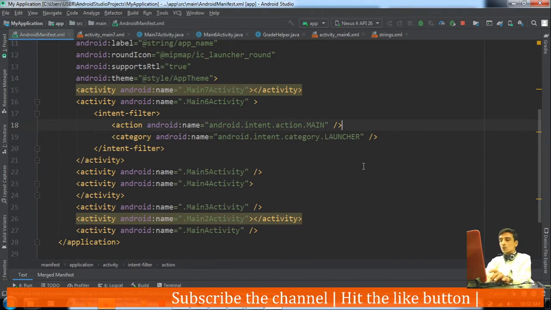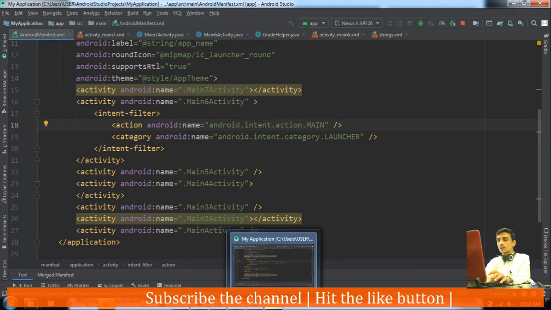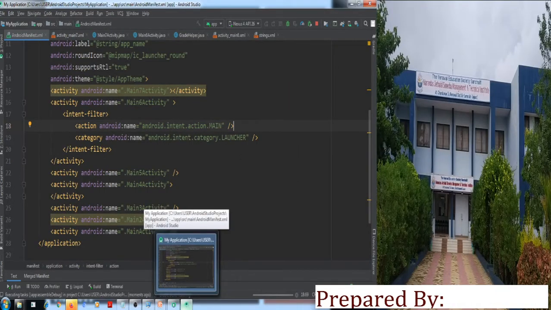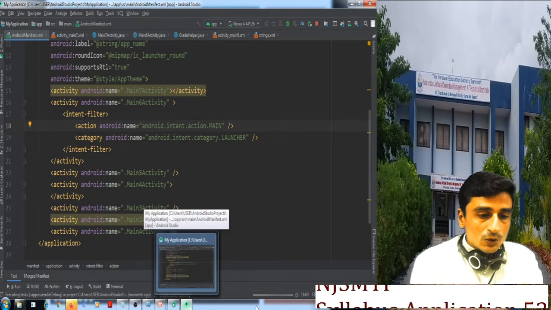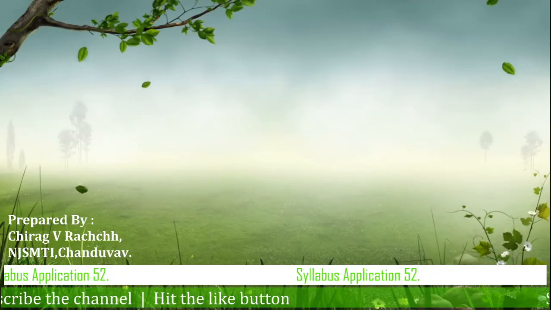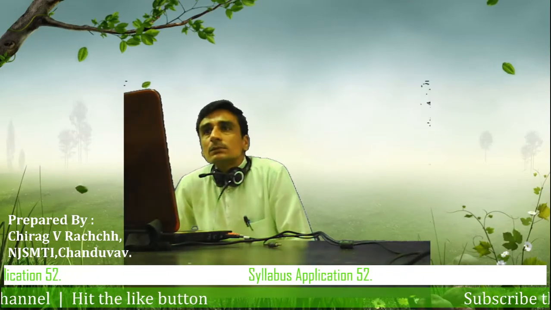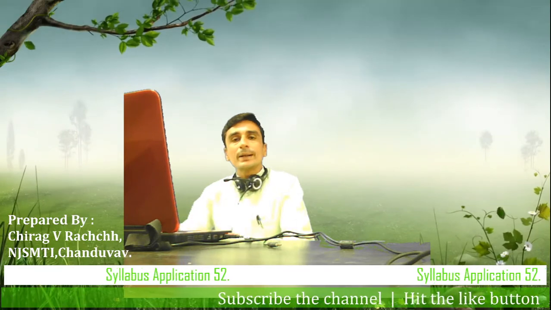Okay, so now let's wait for the output to appear. So far we have implemented the insert operation with the help of SQLiteOpenHelper.